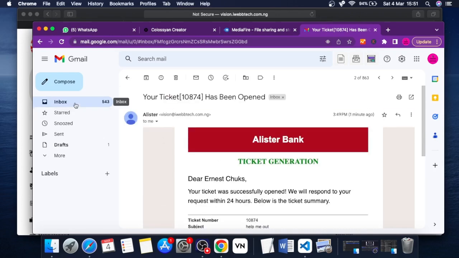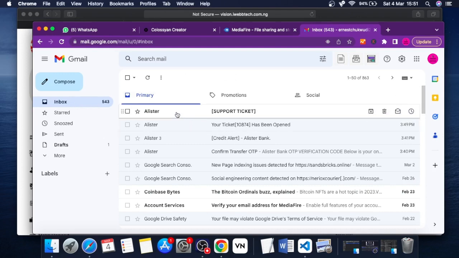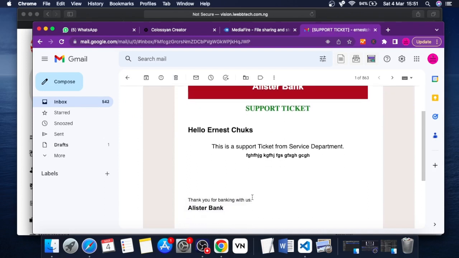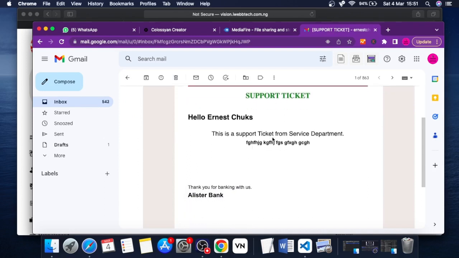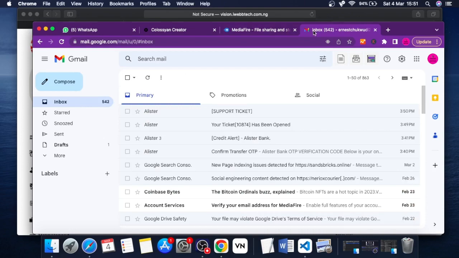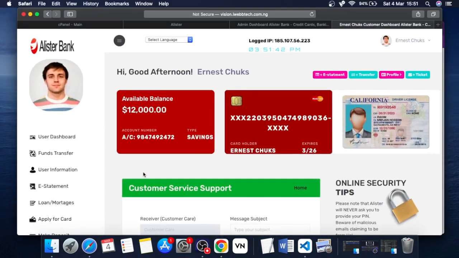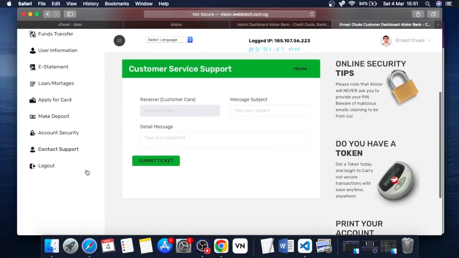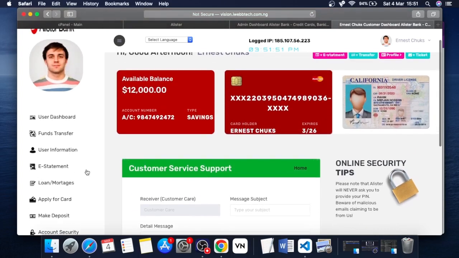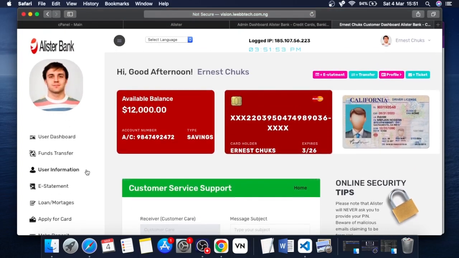Fine. So let's go back and see the admin response. If I click there, you can see support ticket and then you can see the admin response. This is a support ticket and this is the message I typed in from the admin. So you can see that the support ticket is working perfectly. Okay, let's go back to the Safari browser right here and then I'll move down and see if there is nothing. Okay, I've shown you guys everything that you need to know about this script,